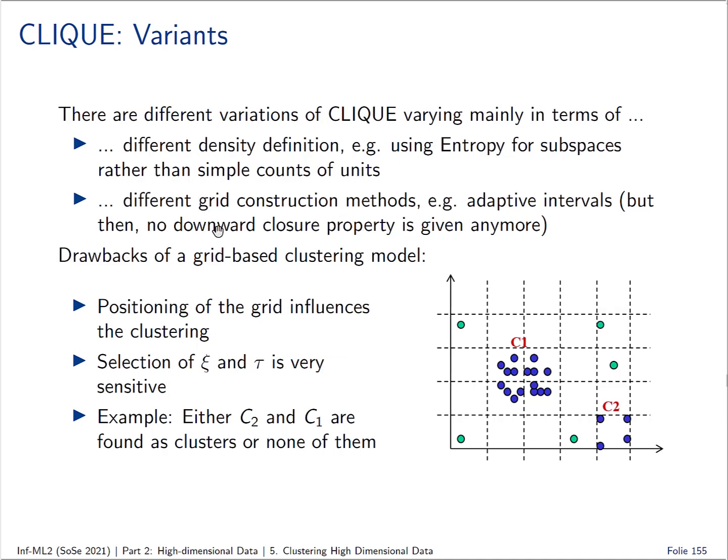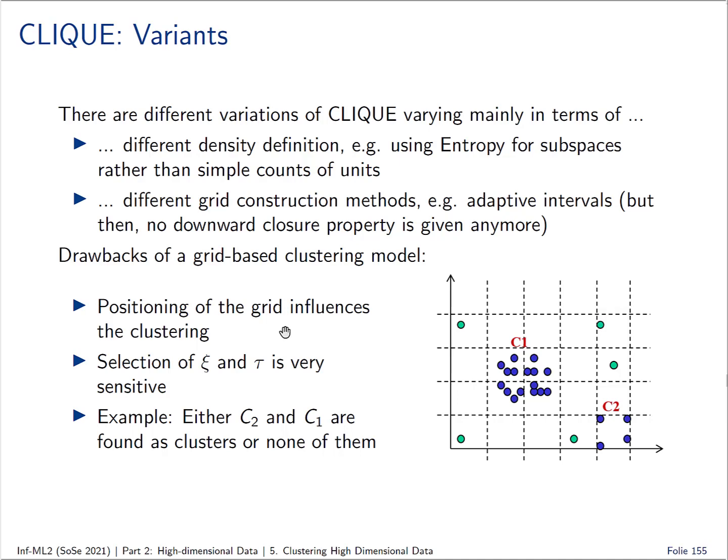We talked about variants that use grid-based density-based clustering methods, and we will just see one of the variants that doesn't: SUBCLU, which uses the density-based cluster model of DBSCAN, which is not grid-based. What is the problem of the grid-based clustering model anyway? You recall from our survey that of course the positioning of the